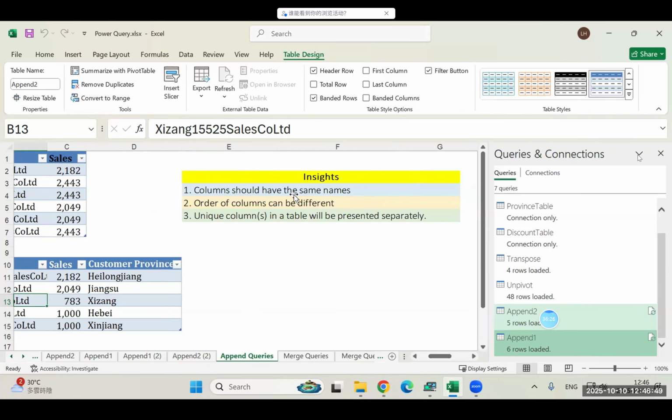Yes, that's what I'm going to get to. Very nice question. So here are some of the insights or requirements. Very good observation. You pretty much cover all the things that we need to notice. They should share the same name. That's very important. And because this requirement is very explicit, Excel will use the names instead of their locations, column